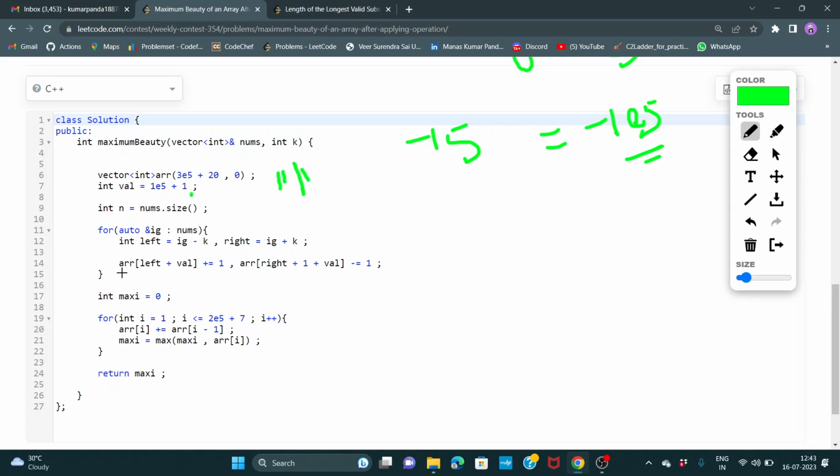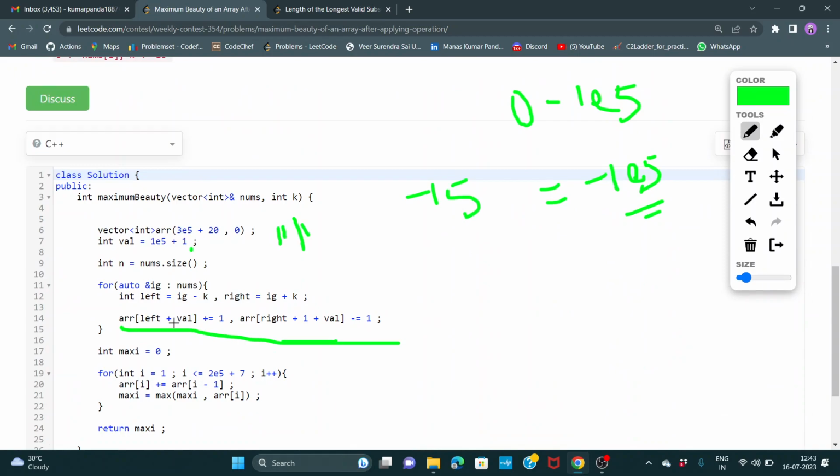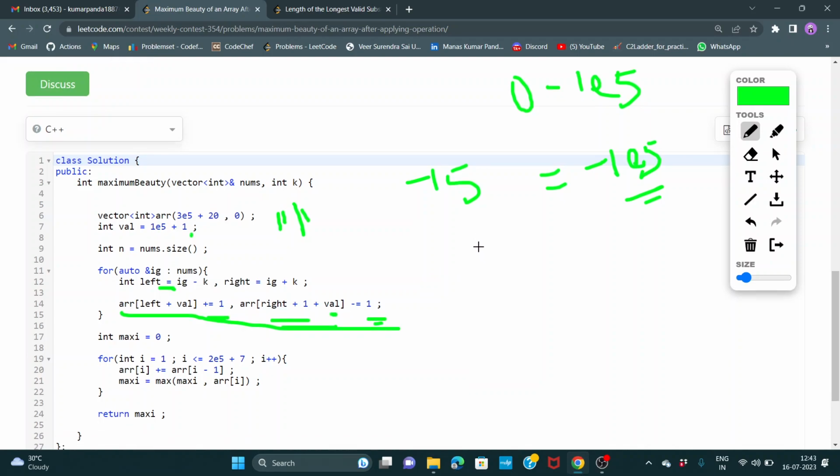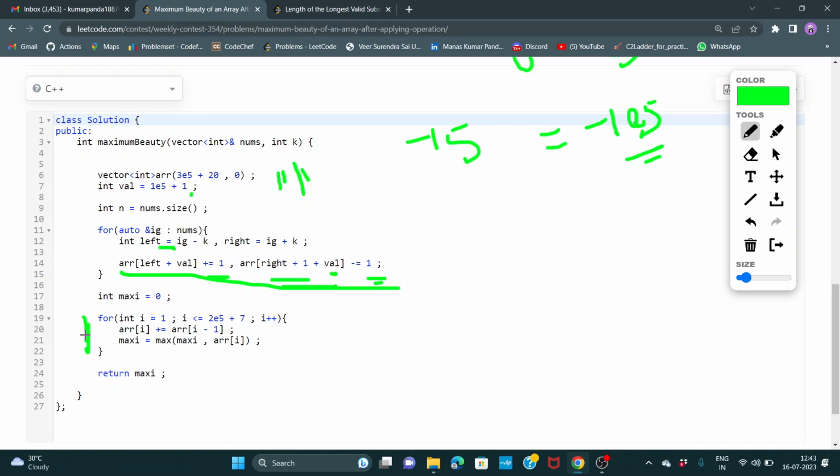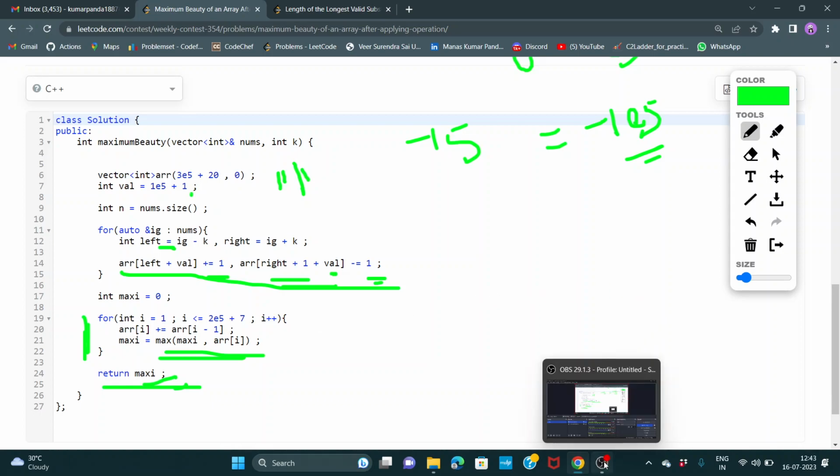And after that, you are going to store these values, like I have explained previously. For the left value, I just add plus one, and for right plus one, I do the minus one. This value is for coordinate shift. And after that I did the prefix sum, and I return the maximum value. Parallelly I kept track of the maximum value and returned it. So this is the solution for the second problem. I hope you enjoyed the solution. Let's meet